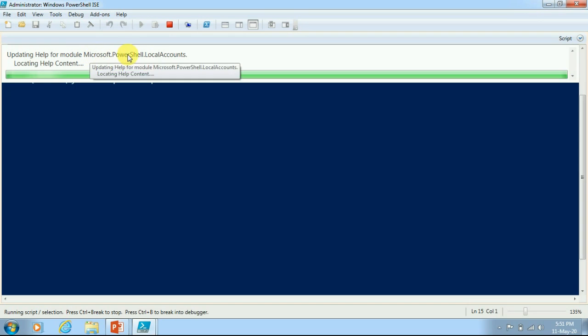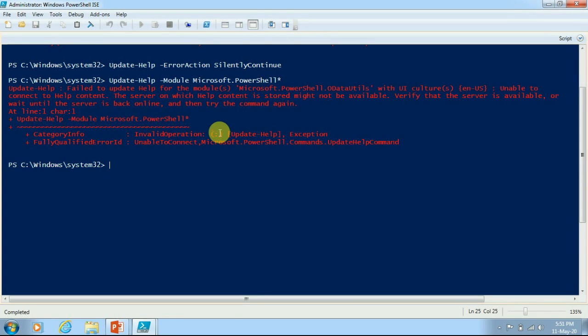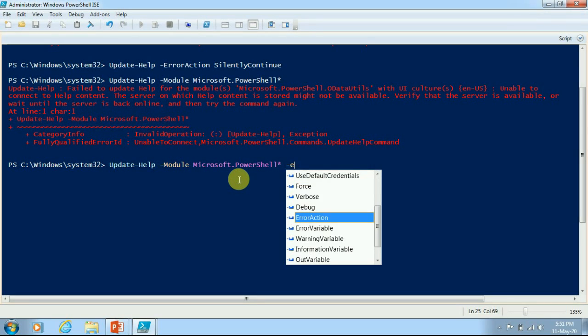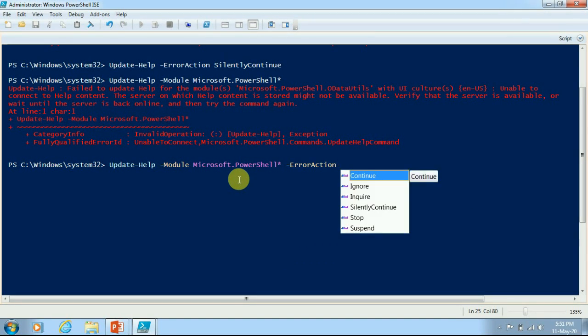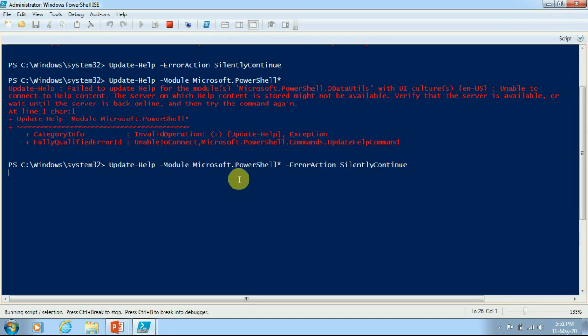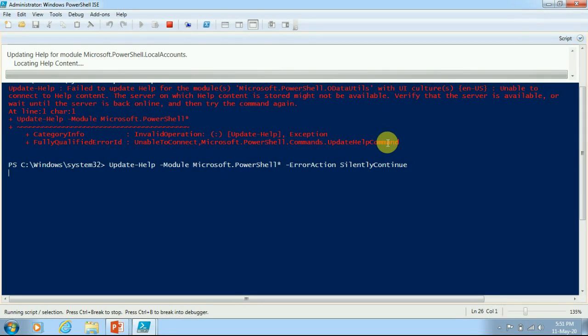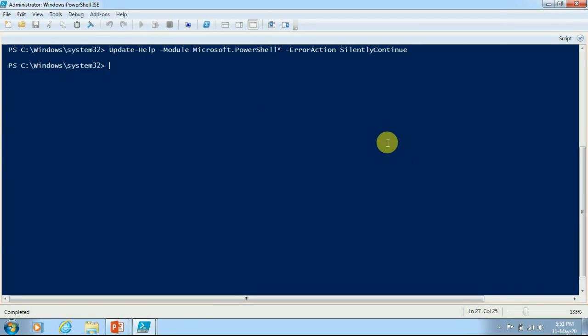You can see here that it is downloading for Microsoft.PowerShell only. And again we got the same error saying UI culture unable to connect to help content. So we will have to suppress this one again. We can just pass ErrorAction with SilentlyContinue. So this time we will not get the error. You can see that it has completed very easily and we have not got any error.